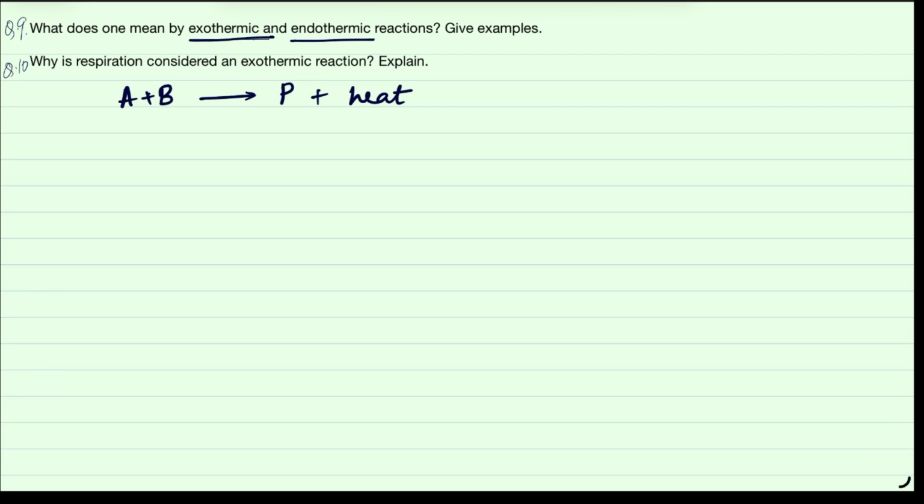So heat is written on the product side. This type of reaction in which heat is given out during the reaction, this type of reactions are termed as exothermic reactions. Example of exothermic reaction: